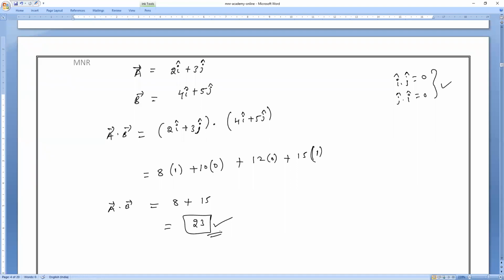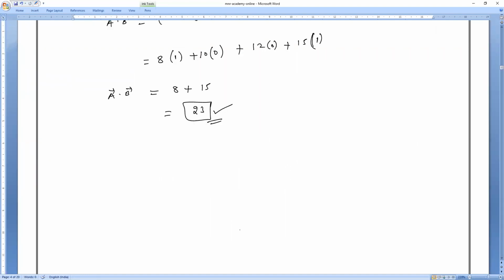Make it quick now. Shortcut formula. So how to solve the dot product? The shortcut is very simple. So we all know